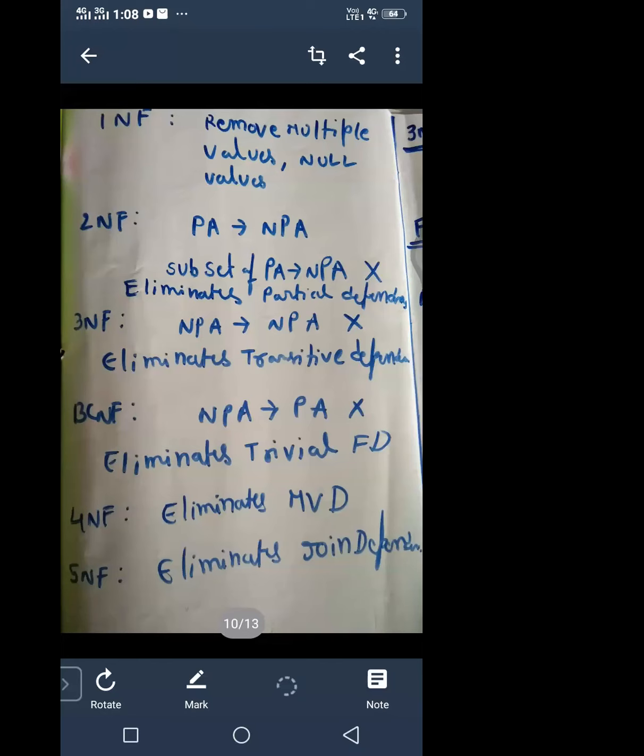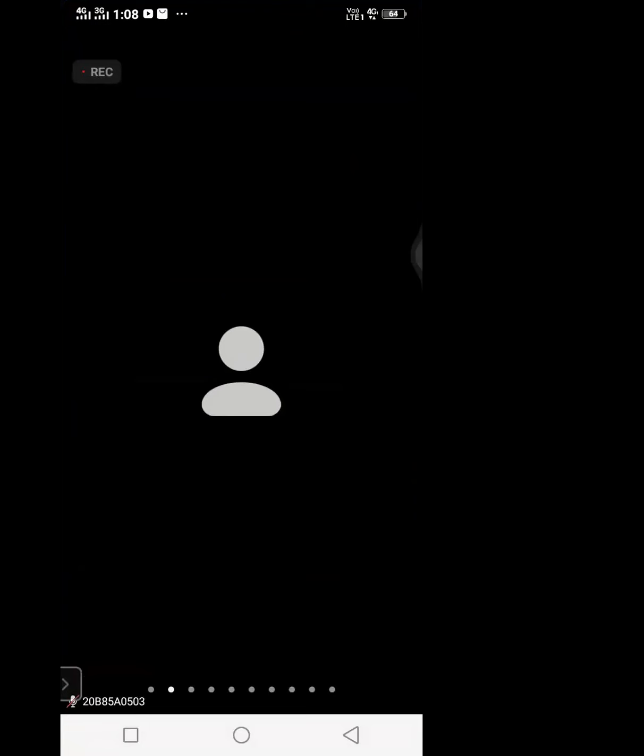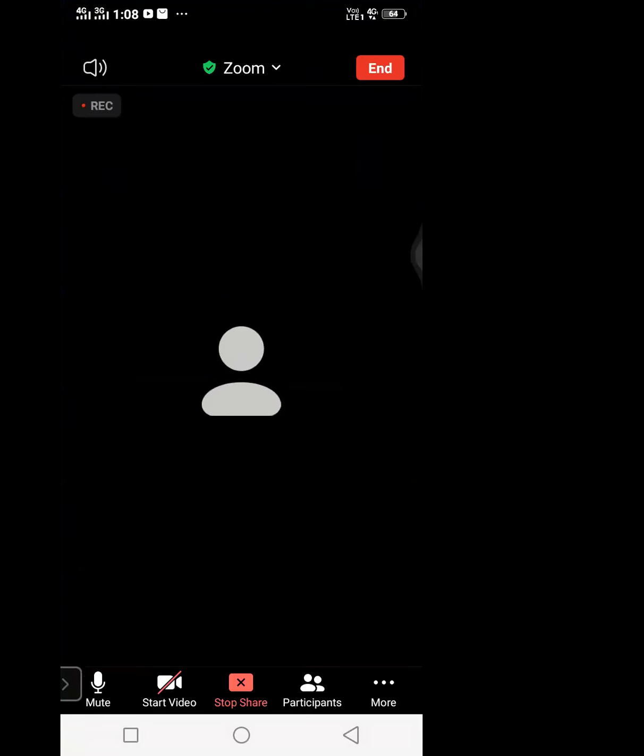We will try to practice one example today. That example will be used to find the keys. I hope all of the members were able to understand. So what I am saying up to now, am I right or not? May I continue with the examples now? Please respond through the chat box. If you are having any problem, I will try to repeat the particular normal form.